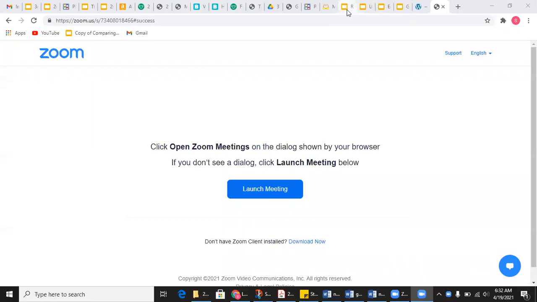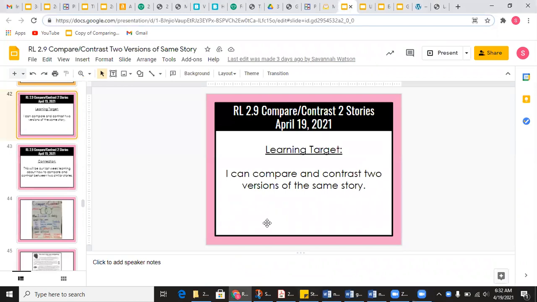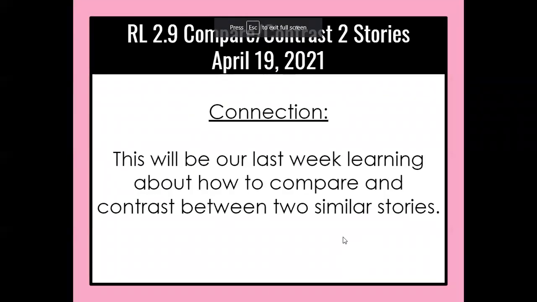Let me go ahead and share my screen. All right, so today we are continuing our discussion of comparing and contrasting two versions of the same story. Remember, last week we started and we compared the similarities and the differences between two stories. This will be our last week